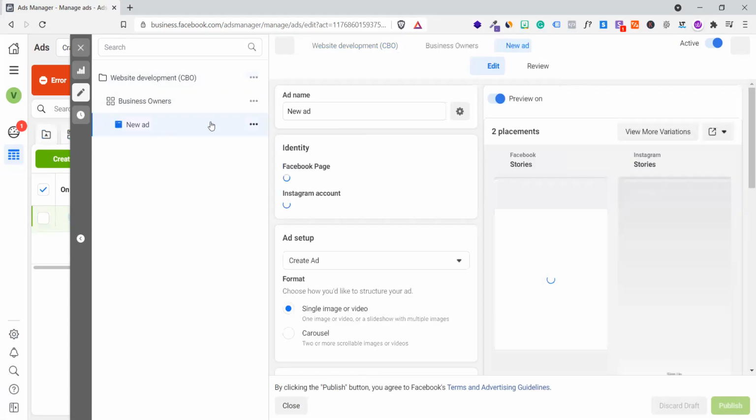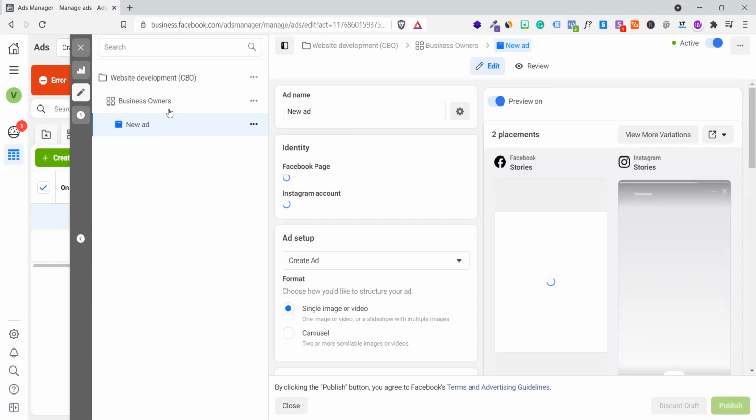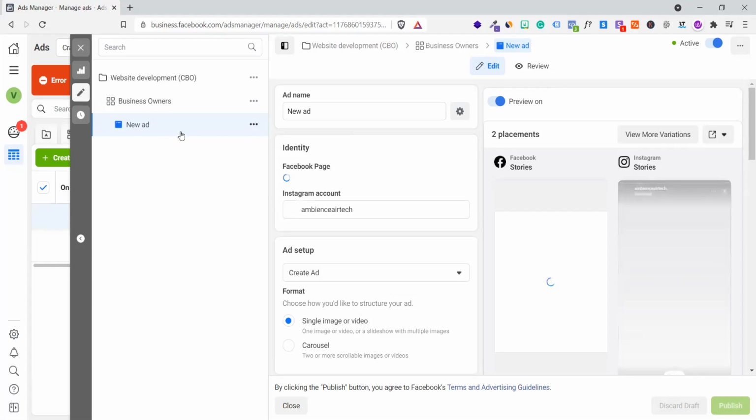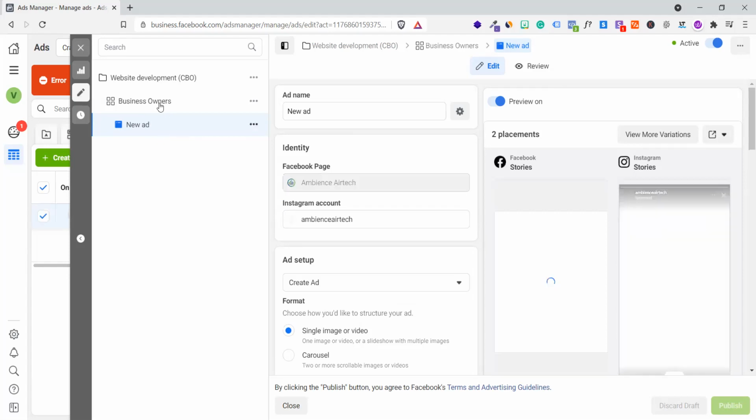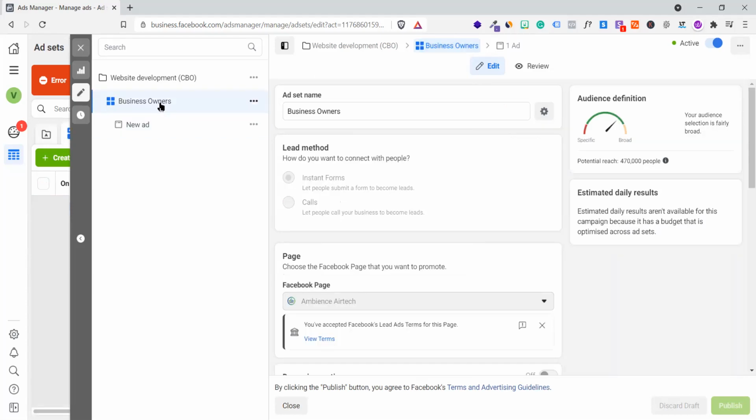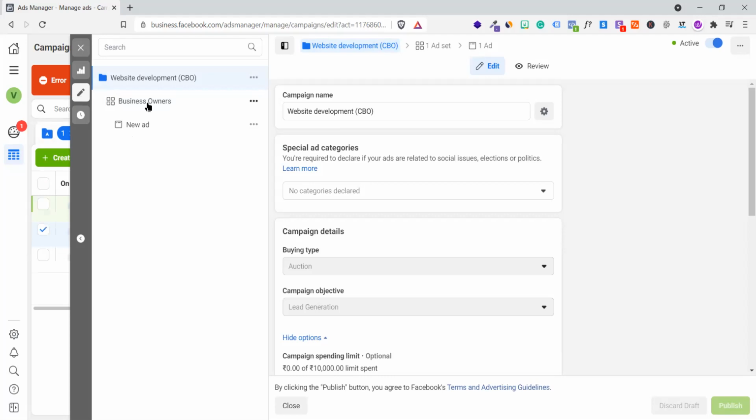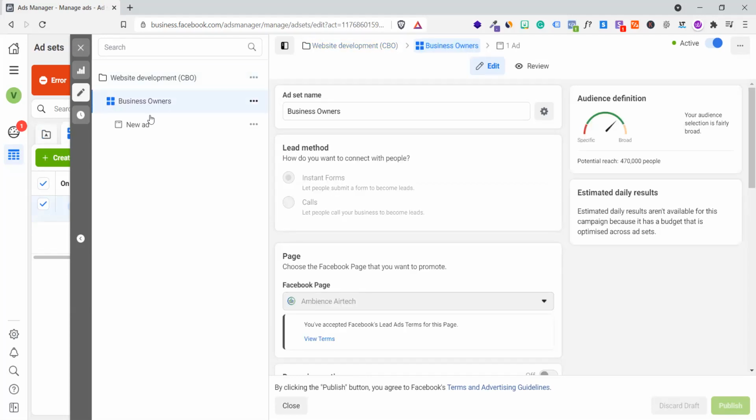Okay, don't get confused. Whenever I say change your ad copies, look at your ad copy, then I'm talking about where the ads are lying. And if I'm saying that your ad set is not working, then you have to check here. And if I'm saying your campaign is not good, then you have to check here. All right. So there are certain levels, if I say in technical words. You have to understand what type of area I'm talking about. Okay. Let's go. So let's check our ad set.